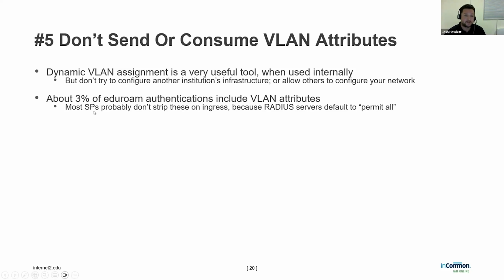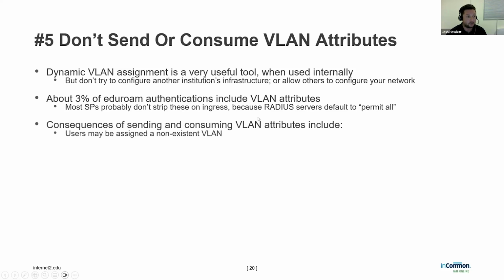Unfortunately, most service providers probably aren't stripping these attributes on ingress, because RADIUS servers' default behavior is just to permit all attributes. And so these 3% of eduroam authentications with these VLAN attributes, those VLAN attributes are probably ending up